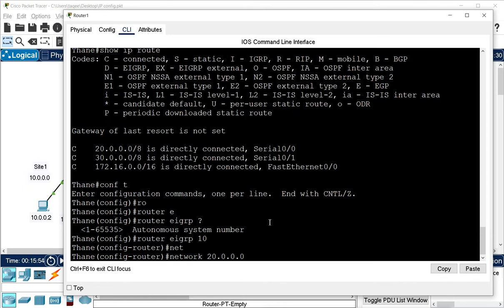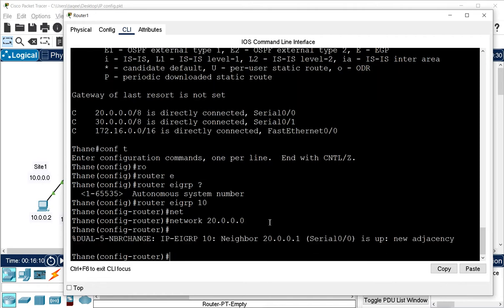But you see, when you do the same thing in OSPF, it will take a little more time to create the neighborship than EIGRP. EIGRP takes less time to create the neighborship. You see what happens when I press enter here. Very quickly, as soon as I press enter, it creates the neighborship. In OSPF, when you press enter, you have to wait at least 5 to 10 seconds. Then it will show you this neighborship message. Both do the neighborship, but EIGRP does it very quickly. So it created the neighborship.